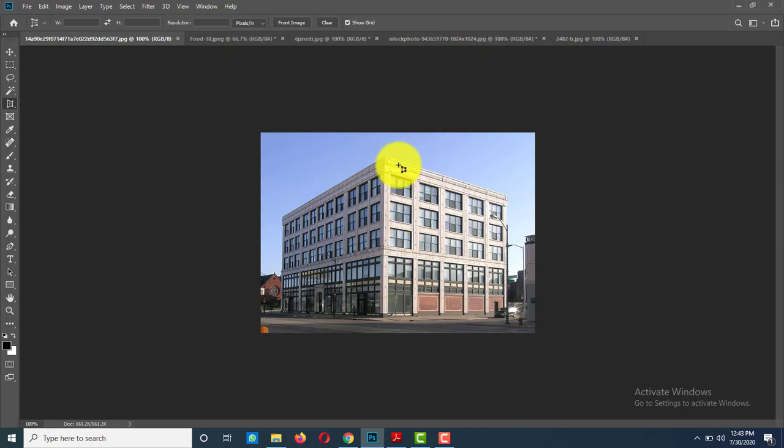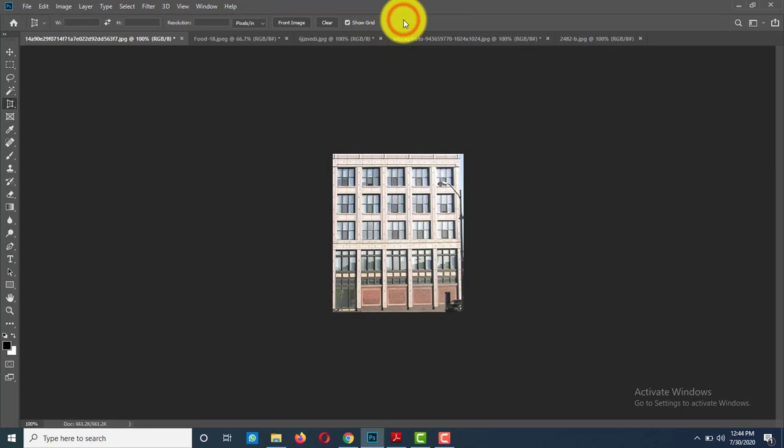See, you cannot crop this right-side angle with the help of the crop tool. For that, I am selecting the perspective crop tool and selecting the area. Set your corners by dragging these handles. Press Enter or click on this tick mark to complete.